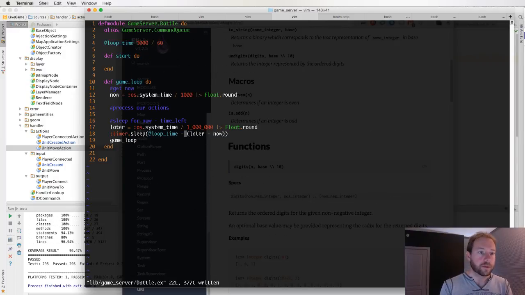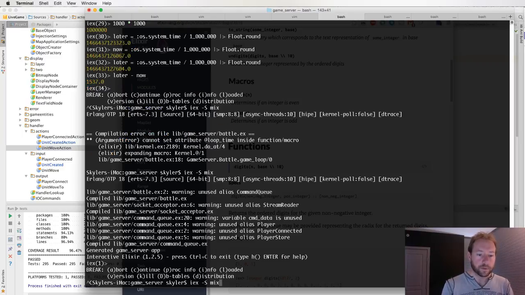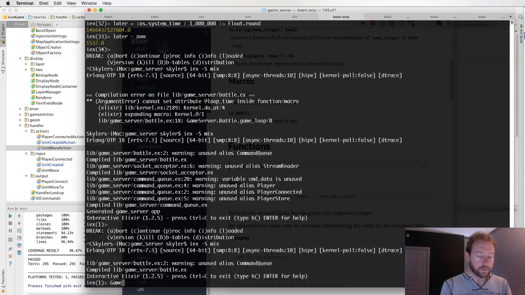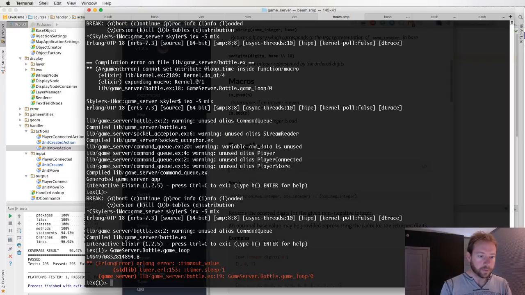So we do game loop. Let's just do it first. Okay, so in game loop, we're going to just print inspect loop time minus later minus now. Game server battle game loop. Line 19 saying